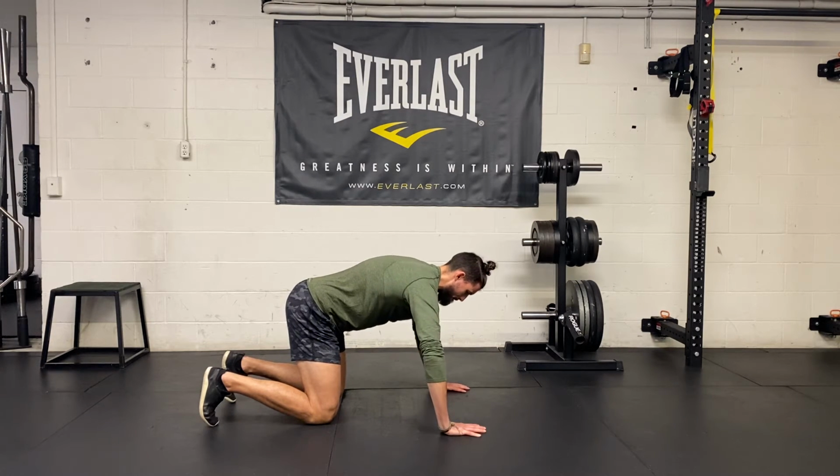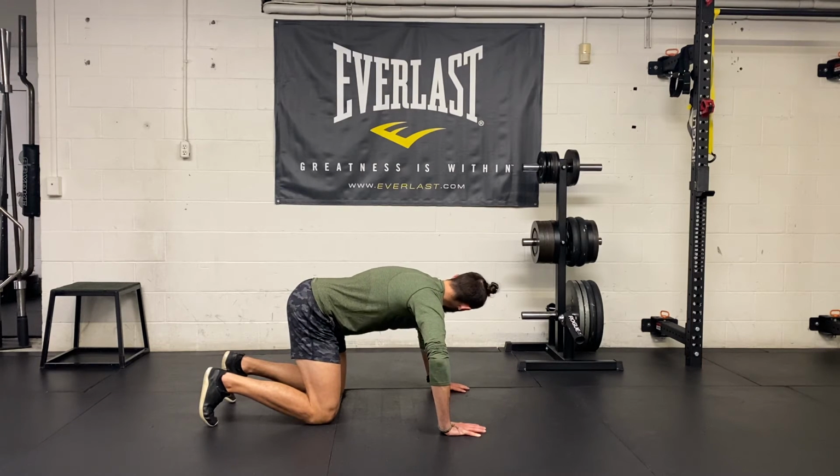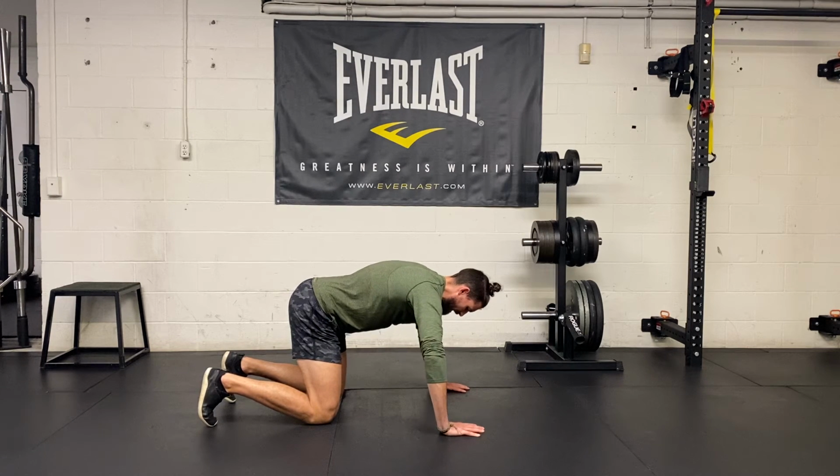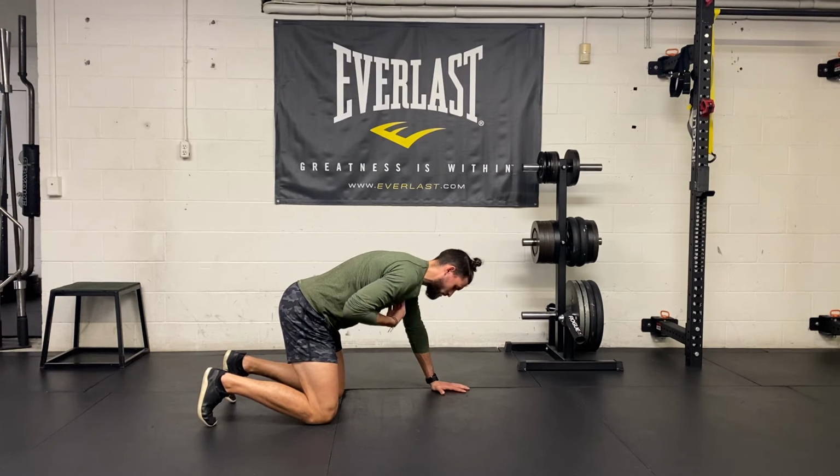From there, we want to bend our elbows and send them east and west. So my right elbow is going towards you, the camera. My left elbow is going towards the wall. So they're kind of flaring out to the sides. The last thing I want to do here is try to feel like my chest is moving away from the floor. All right. So I like to say the hands are kind of like, and our chest bone in the middle, our sternum,